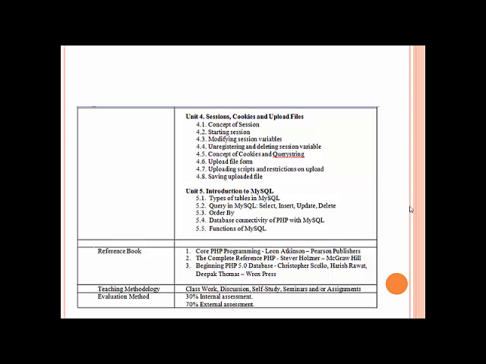Then we'll also discuss how to connect PHP and MySQL, the connection string, and finally supported MySQL functions. So this is the introduction of the overall syllabus.